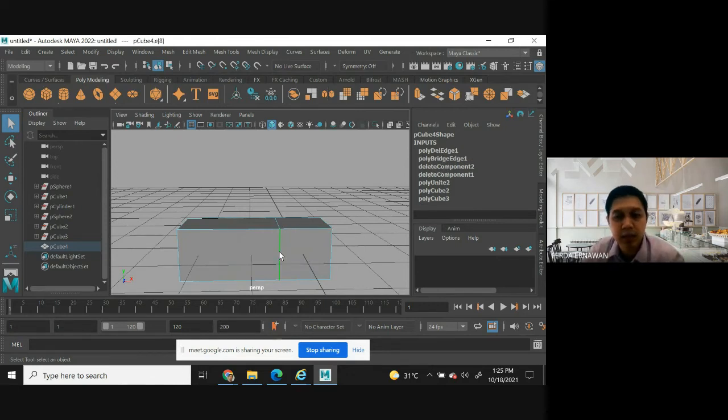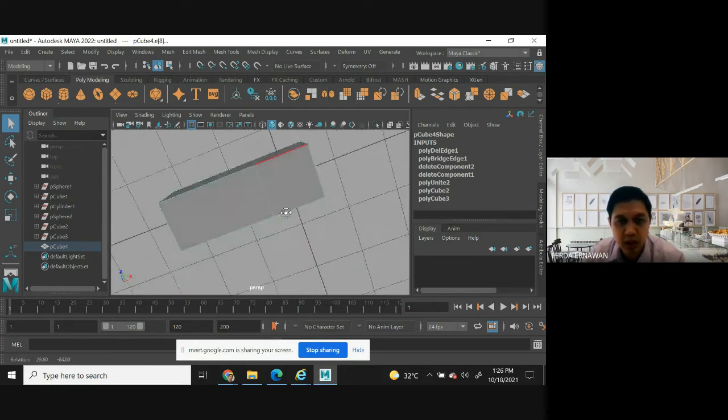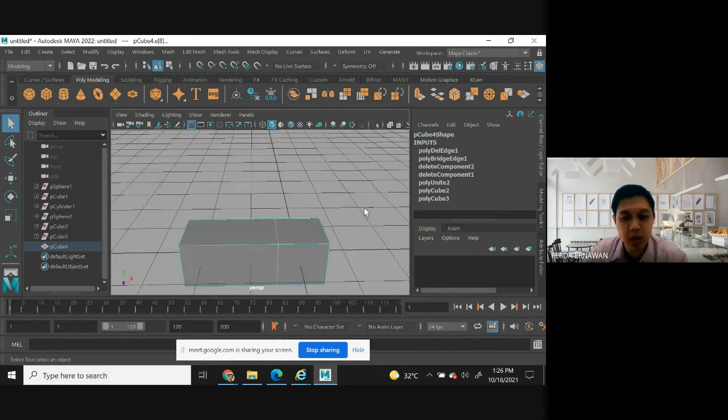This one, double click, not one. If one like this, it is only one edge. If you want to remove edges for the whole loop, double click. You can see the yellow overall. And then Control Backspace.